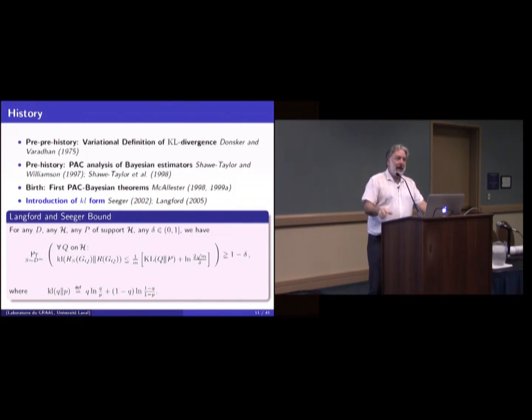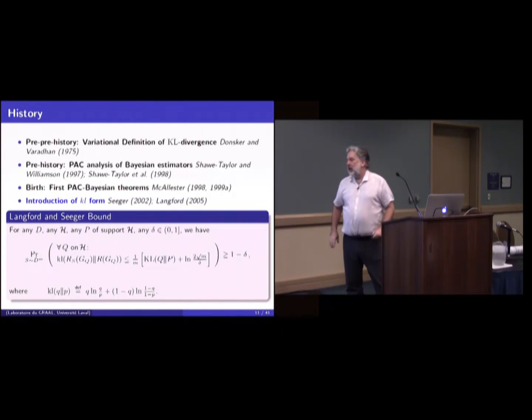arrived with a tighter bound, which is based on what we call the small KL. The small Kullback-Leibler divergence is simply the Kullback-Leibler divergence between Bernoulli distributions, the first one having a probability of success of Q, and the second one having a probability of success of P. And here is the formula. So you have a distance again between what you observe on the data and what you would really like to minimize, and it always depends on how far you have to change what you think a priori.